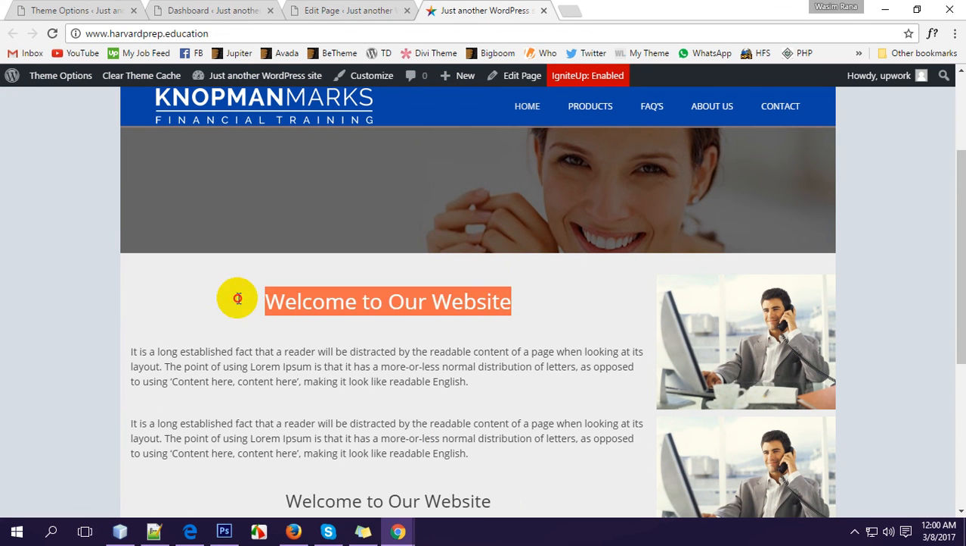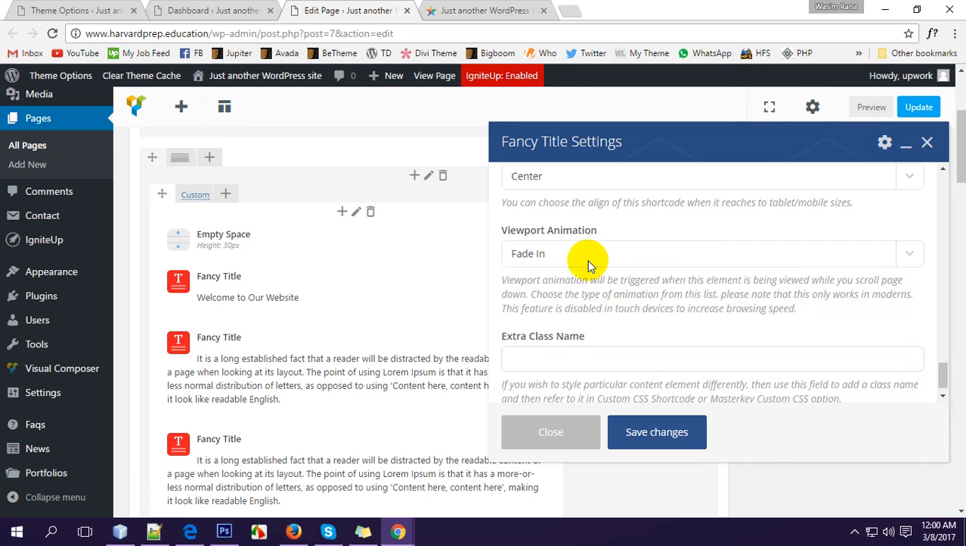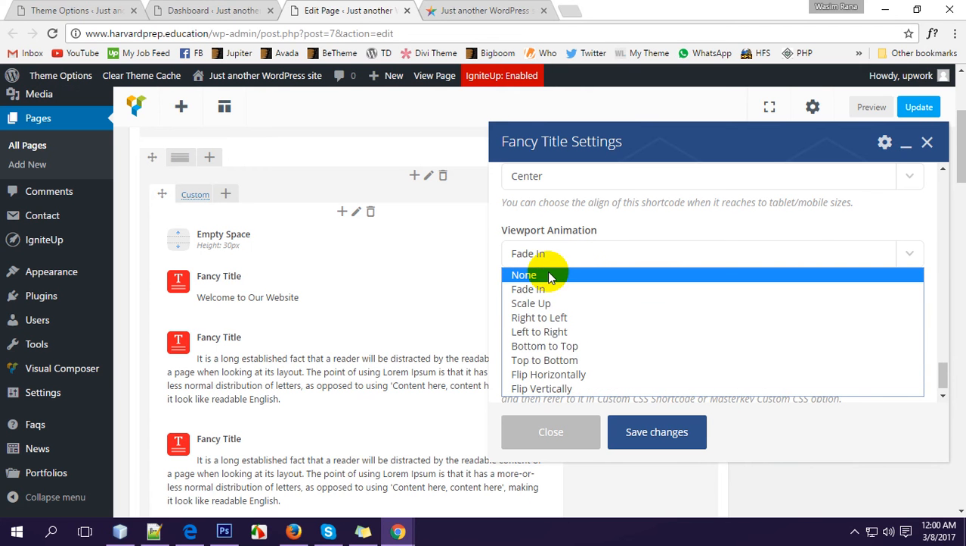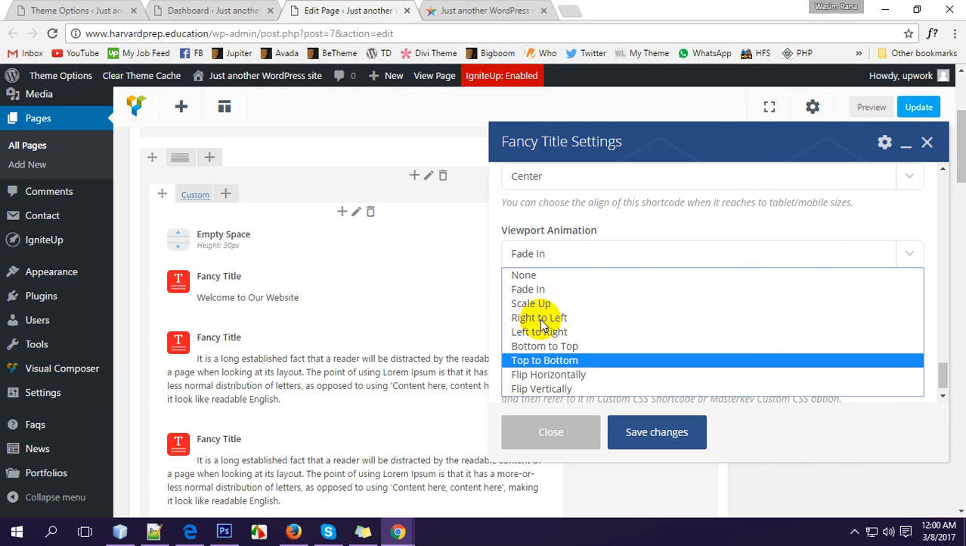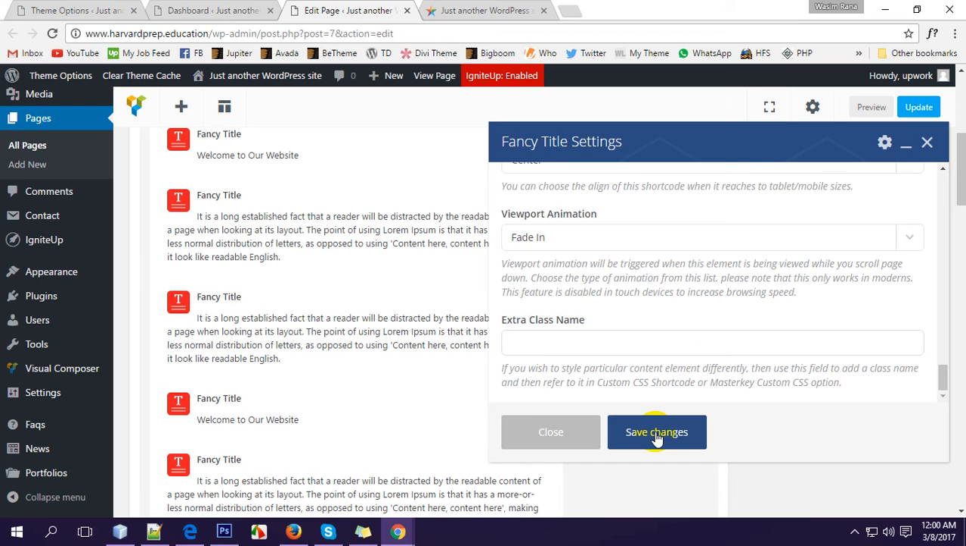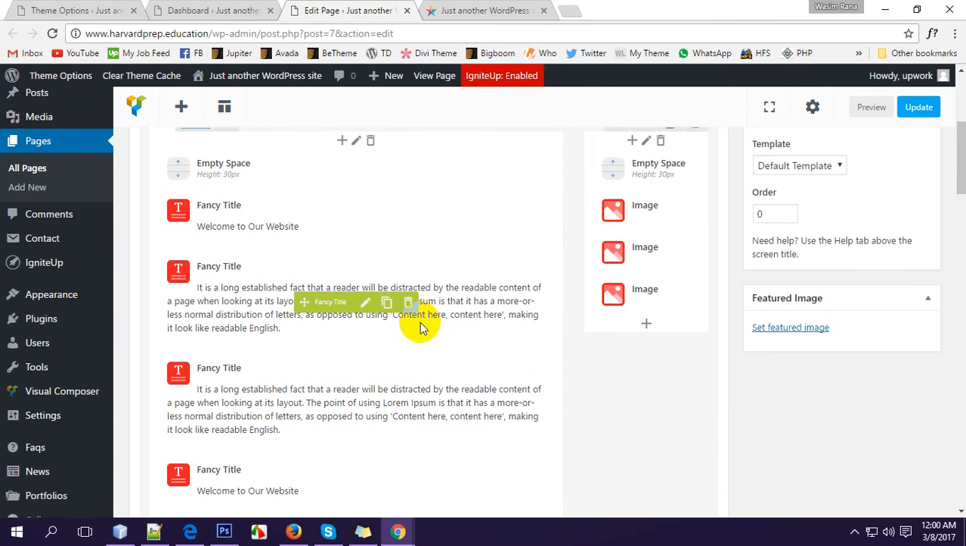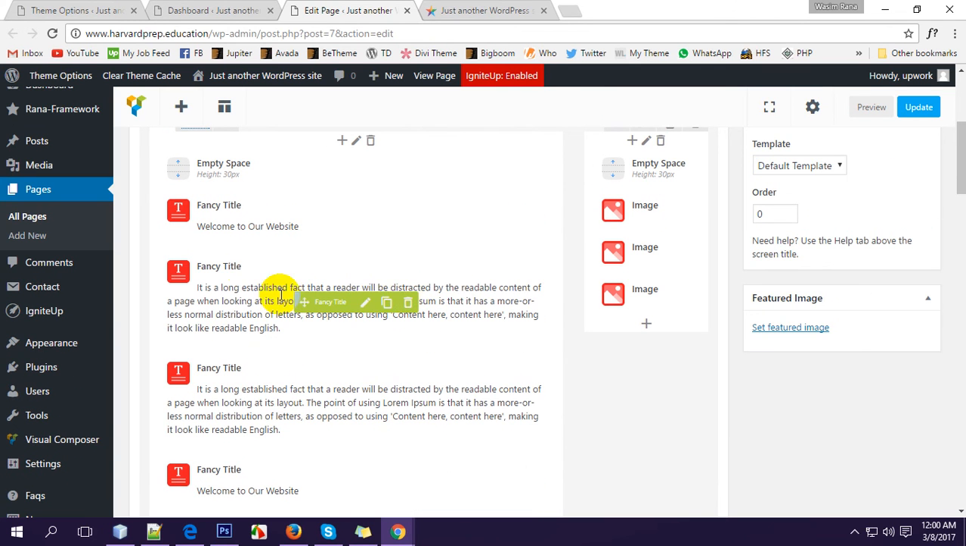text will come up with the animation. It's called fading. There are lots of viewport animations, you can select whichever one you want. After that, just click on save changes, that's it, like this. And always try to use fancy title. This is too much gorgeous